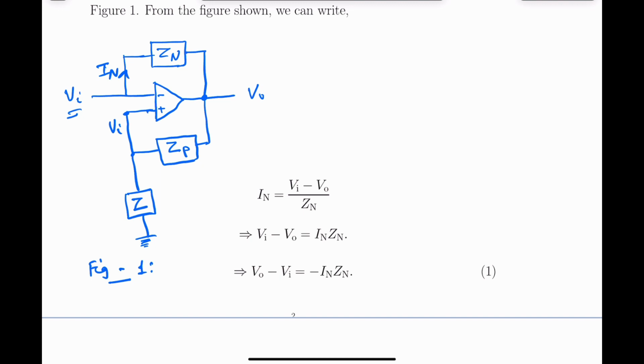Now, assume that the current flowing through Zp is Ip. Then we can write Ip as V0